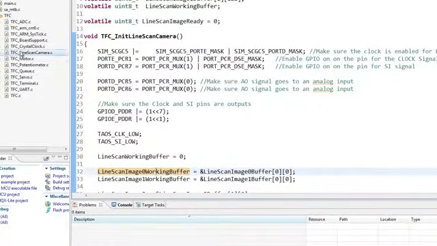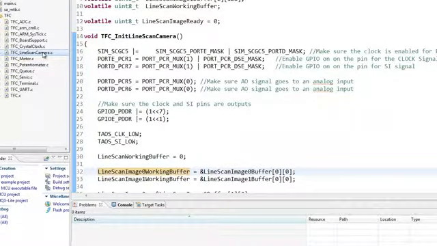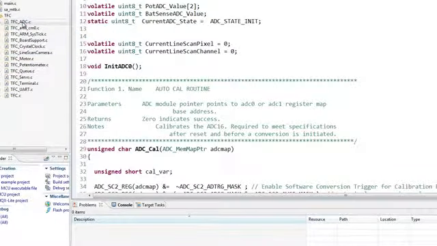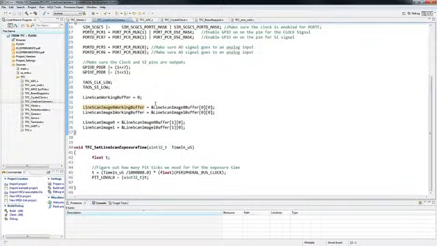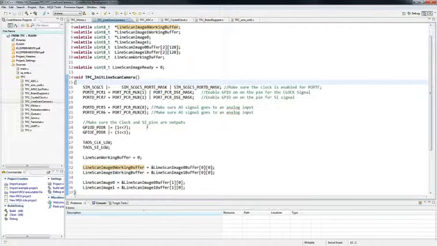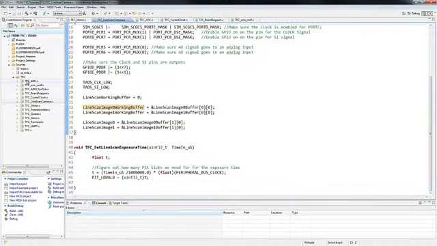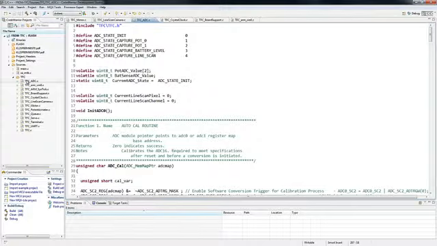In the TFC library, there's this linescancamera.c, and then there is also tfc-adc.c. So here's how they're related. Linescancamera.c doesn't have a ton of code in it. It just has some initialization of some of the peripherals and some of the I/O and working buffers, whereas tfc-adc.c has the meat of everything related to the analog digital converter. So what we're going to do is take a look at first